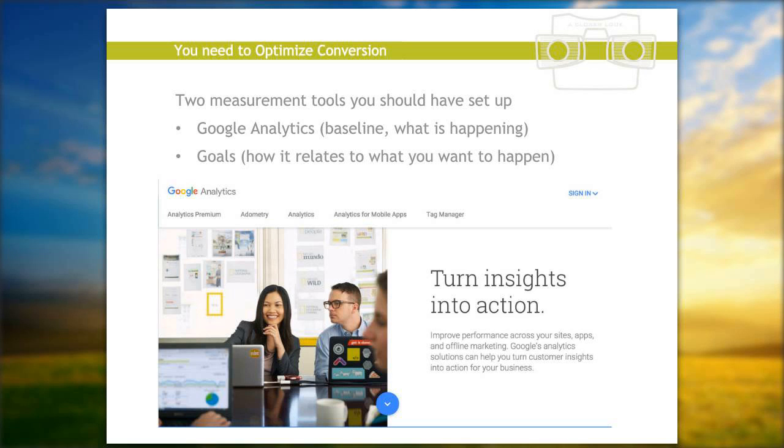Is there a download, for example, that is related to what they actually clicked on that was interesting to them in the first place? Because if someone clicks on something to go somewhere, that kind of indicates that they had a level of interest to go there in the first place. So what is it that's not meeting what they thought they were going to get? That's the kind of questions you'd be asking yourself.